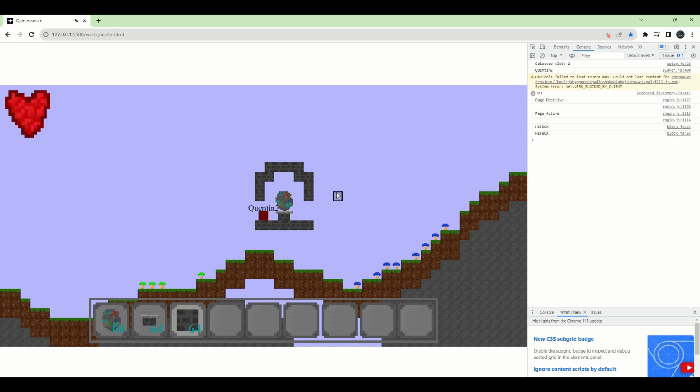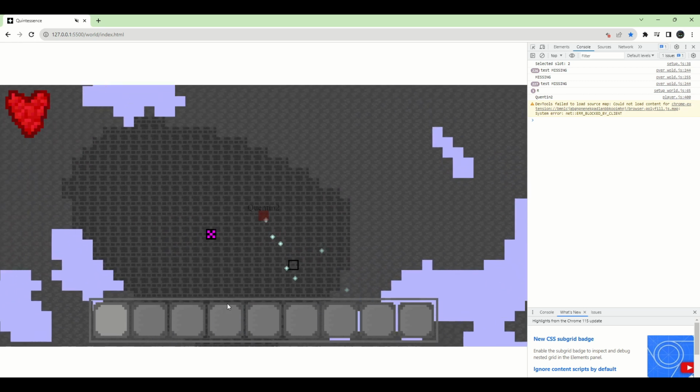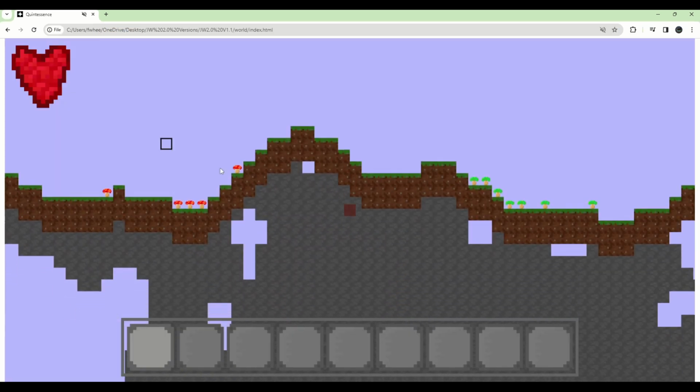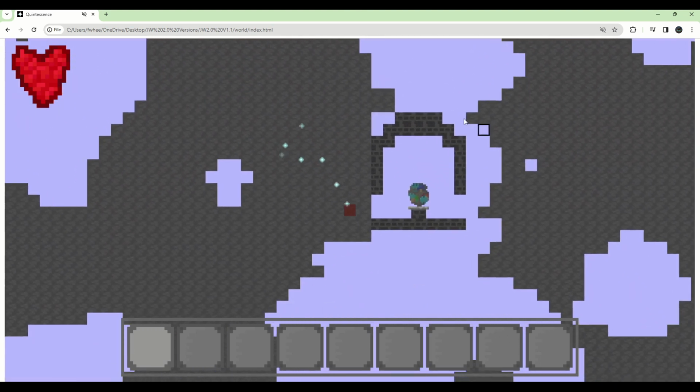The way I'm going to add structures to the world is by making a 2D noise map, only spawning a structure at the highest point in an area of high values. So to demonstrate, all of these stone bricks are high values, and the black and pink block is the highest point, and that's where the structure is going to spawn. So now throughout the world, this structure will spawn, and structures were the final thing I wanted to do in this video,